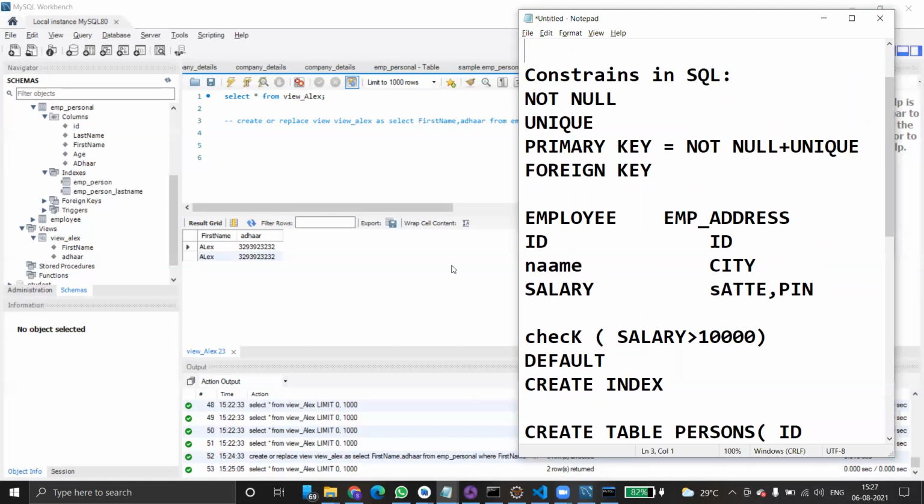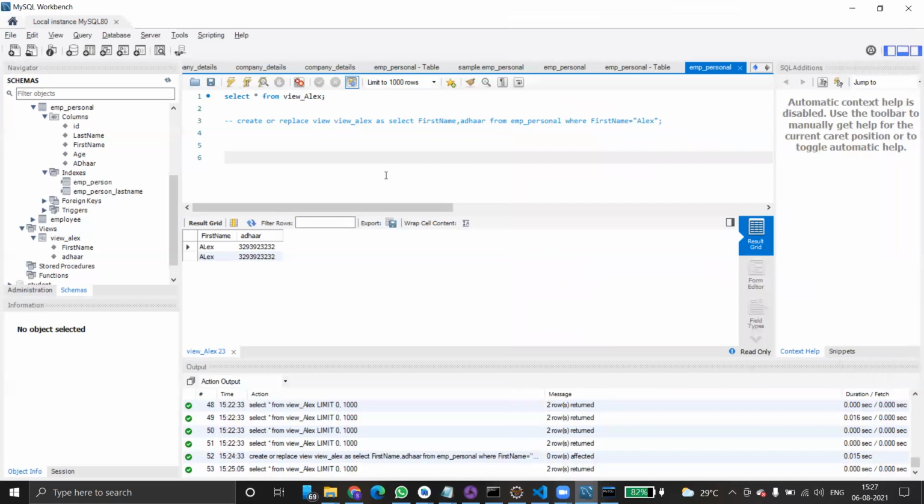Coming to functions, only one topic is pending. We'll discuss this one also. Like Java and other programming languages, MySQL and most databases support creating functions. How to create a function? We have so many built-in functions: ASCII, concatenation, field, format, insert, left, length, left padding, right padding, mid, position, repeat, substring, and so many more.